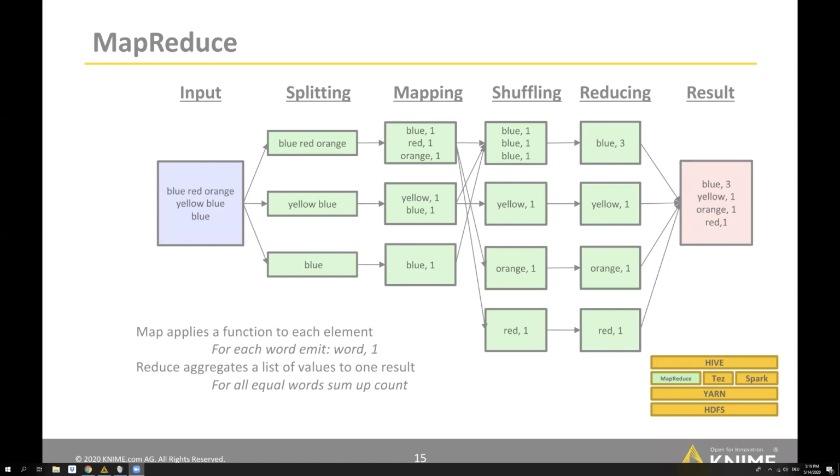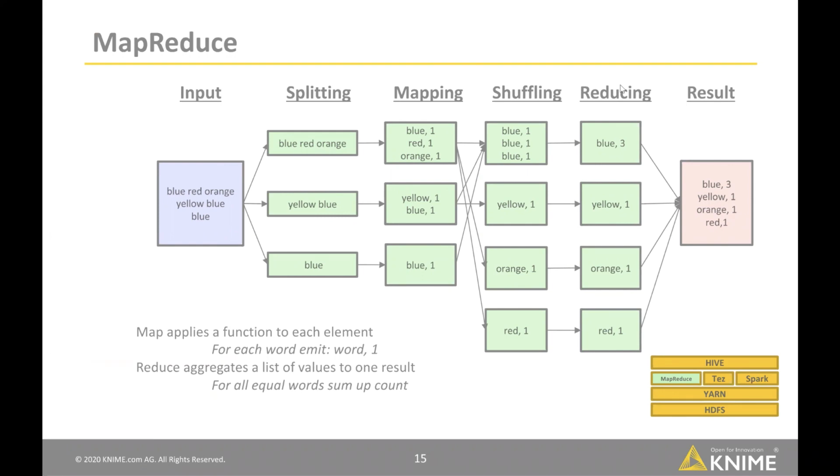All right, so during the shuffling phase, all these different records get grouped by word. And then in the reduce phase, each reducer gets all the records that have one particular word in them. So this one gets the word blue. And then it can do the actual counting, and that scales very well. The last thing is the reducing phase that counts each word, and then the result is aggregated again, so you'll have this final word count.